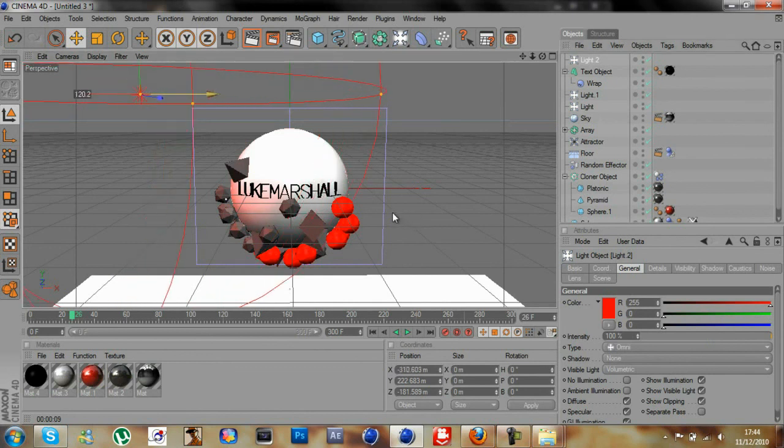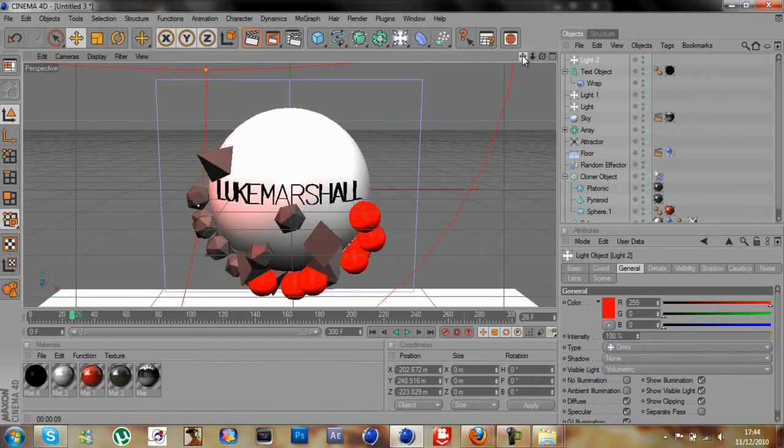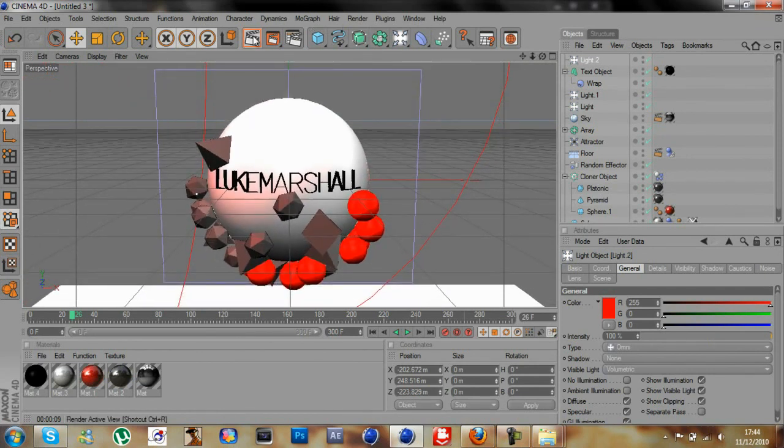Yeah, bring that in a little bit, and then zoom in a little more on the sphere. And then if we render it out now,